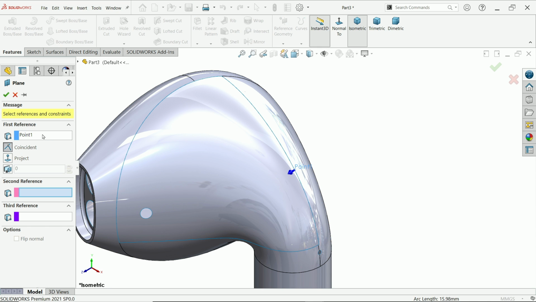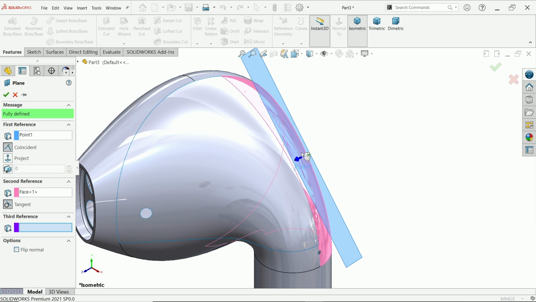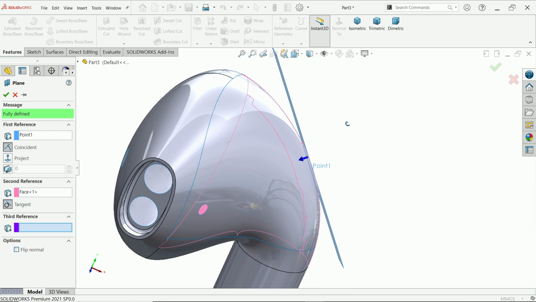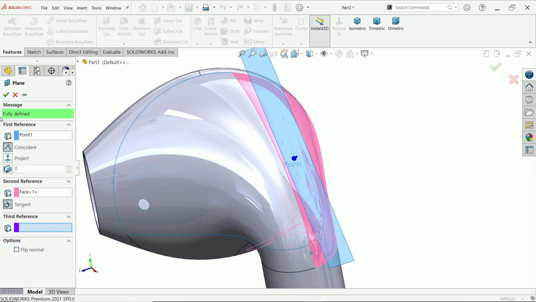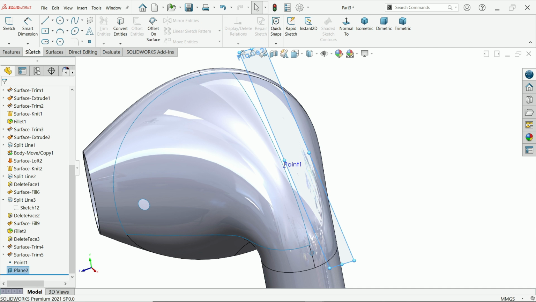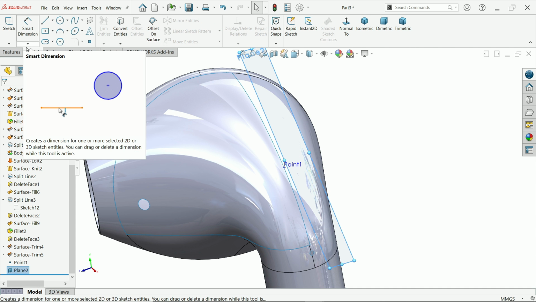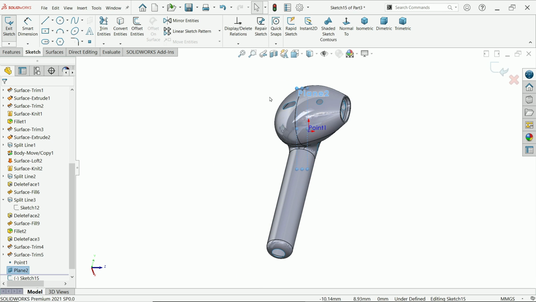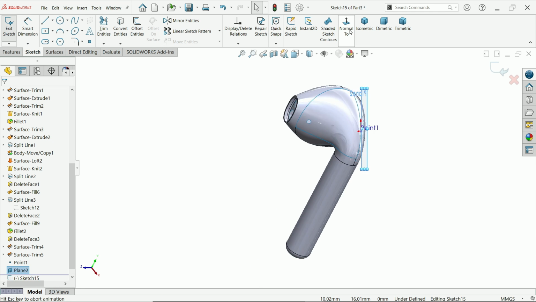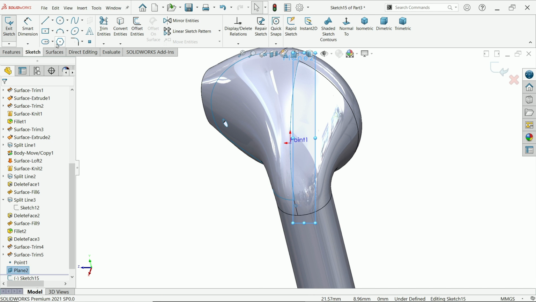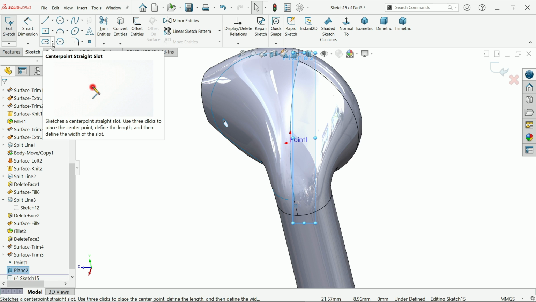Plane. Now point is selected. Now select any one. I am going to choose this face. Say OK. Sketch to this. OK. Now create here oblong